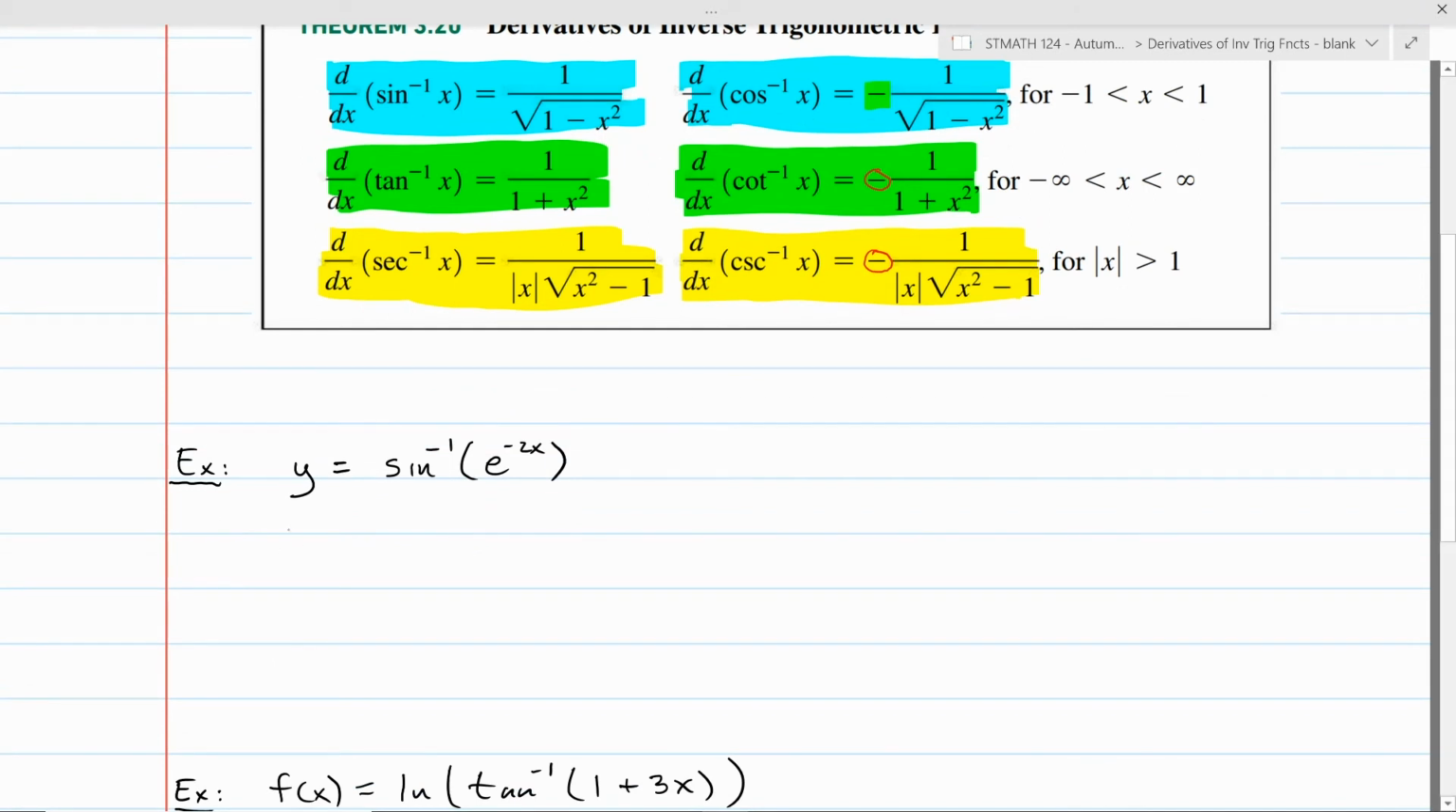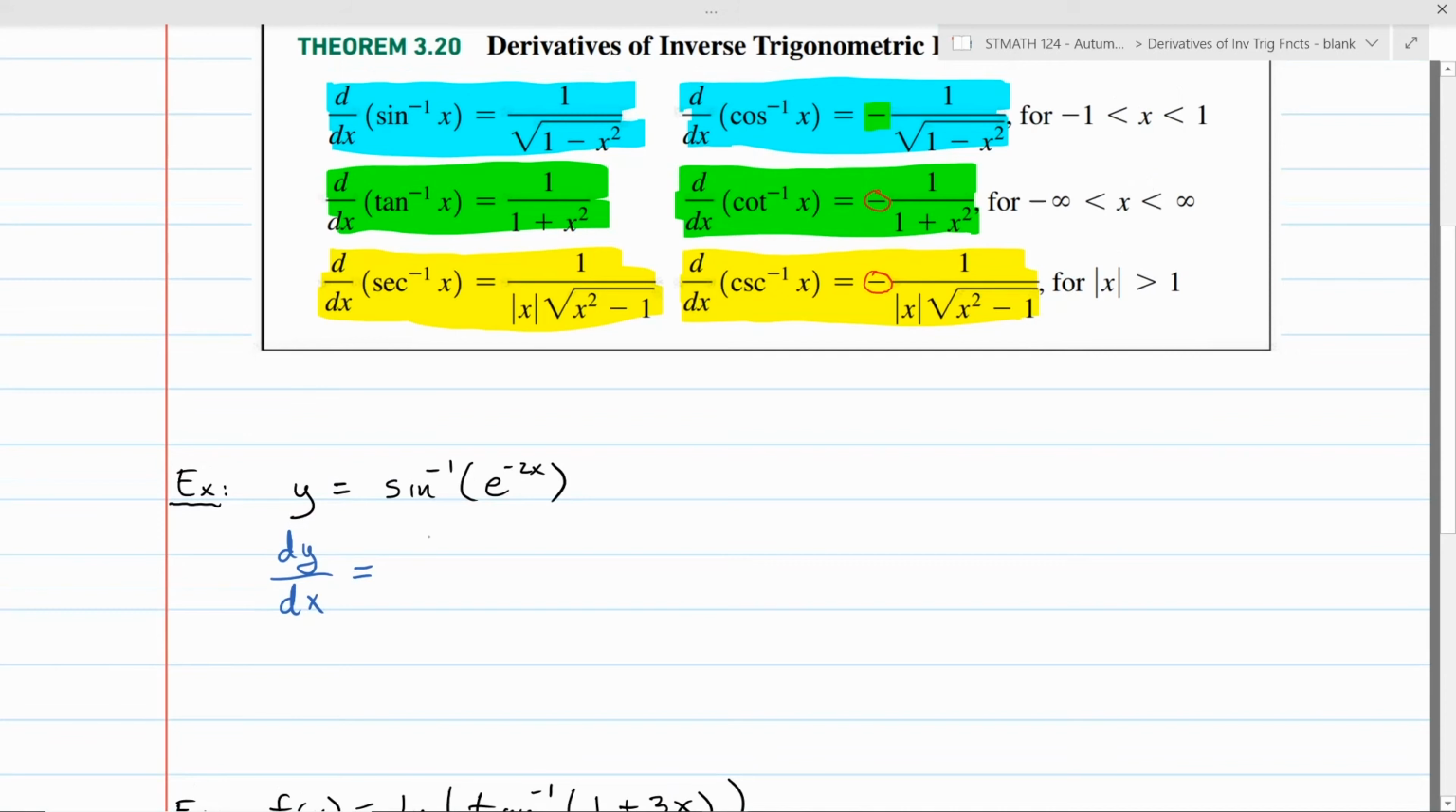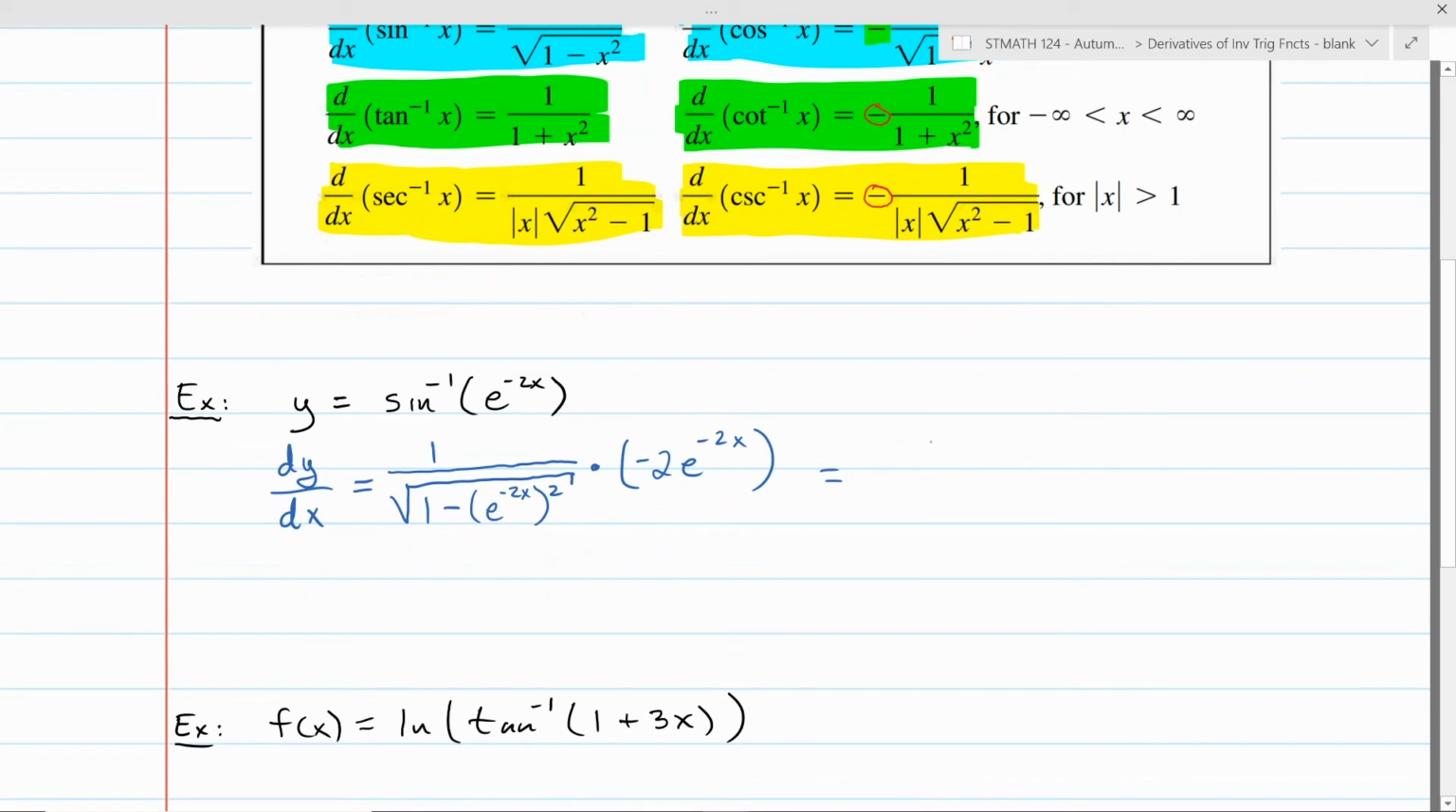In this first example, dy dx for y equals sine inverse of e to the negative 2x is the typical example where we have one function inside of another and we have to use the chain rule. So we differentiate the outside function, which is sine inverse, and we see its formula up there, so it'd be 1 over the square root of 1 minus whatever's on the inside of the sine inverse function squared. So this would be e to the negative 2x, and you have to square it. Then you multiply by the derivative of the inside function, which is negative 2 e to the negative 2x. And doing some minor simplification here, we'd get